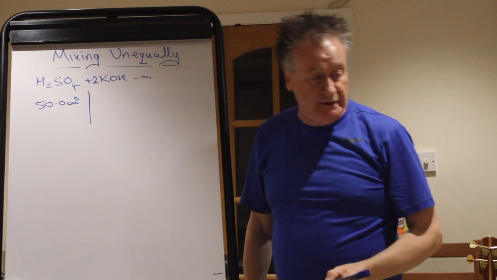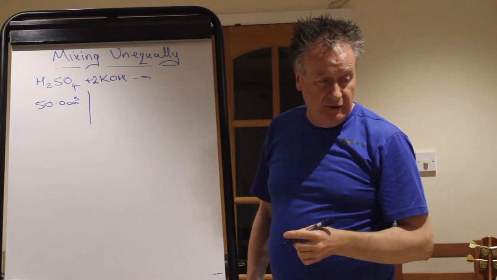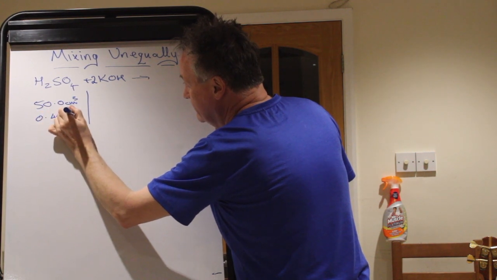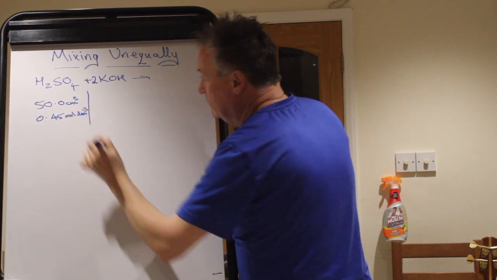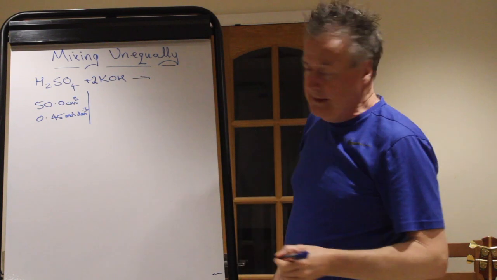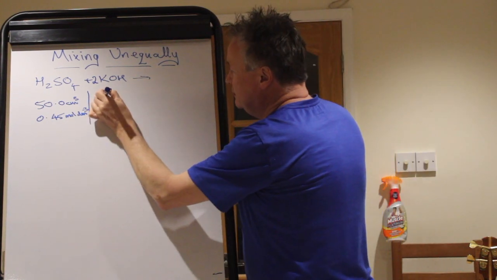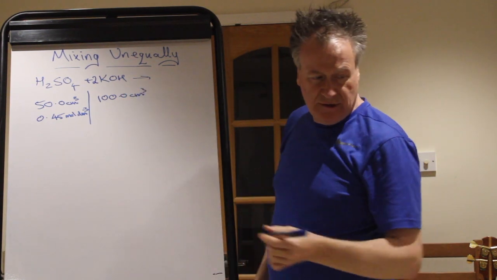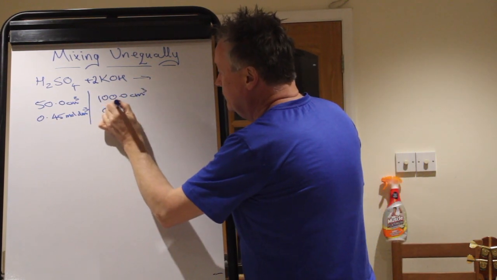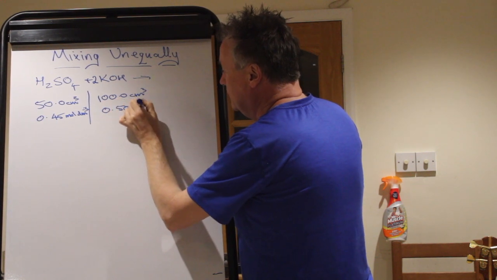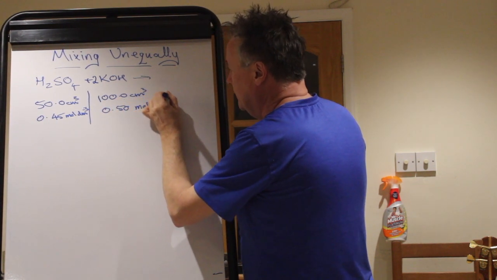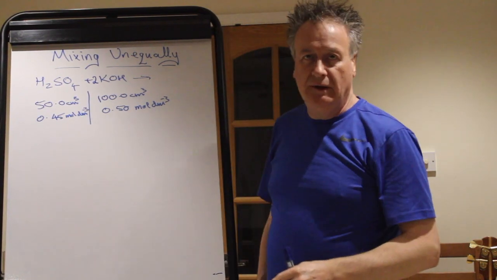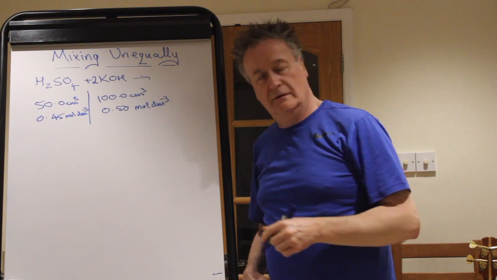I'll set it out this way this time. 50 cubic centimetres of sulfuric acid, 0.45 moles per cubic decimetre, and then the KOH, 100 cm cubed, with a concentration of 0.5 moles per cubic decimetre. Could have an extra 0 in there so we can do the accuracy, but I didn't